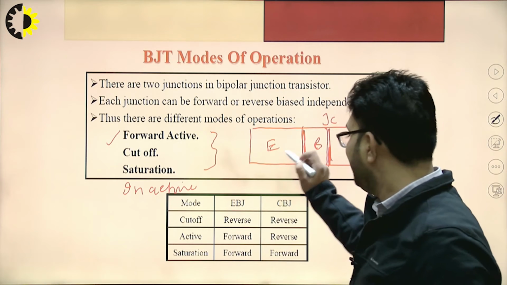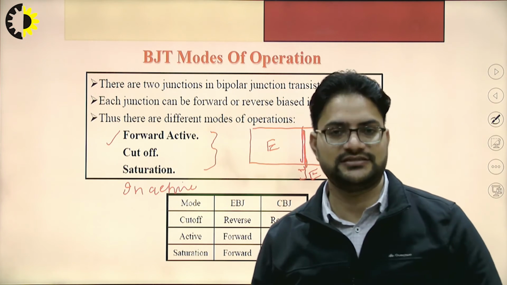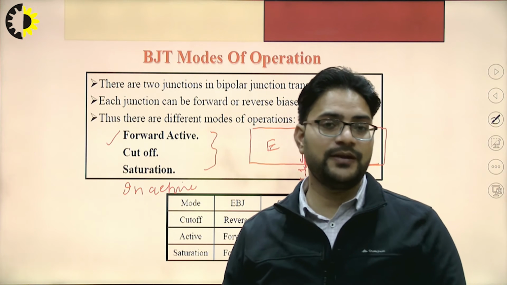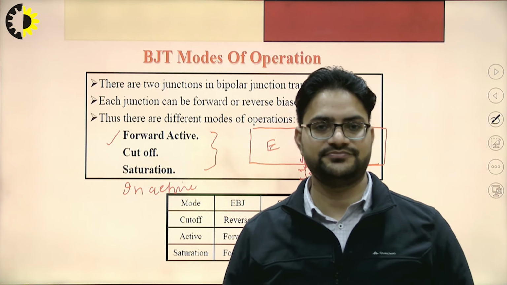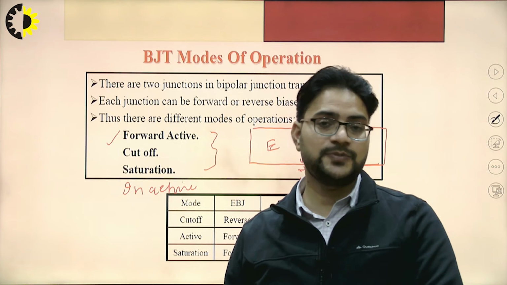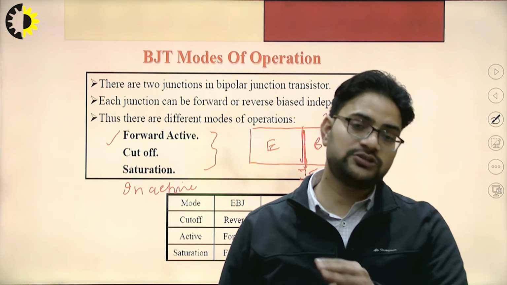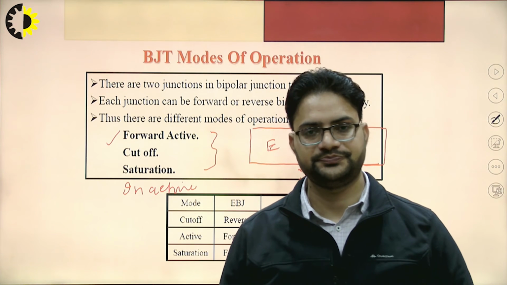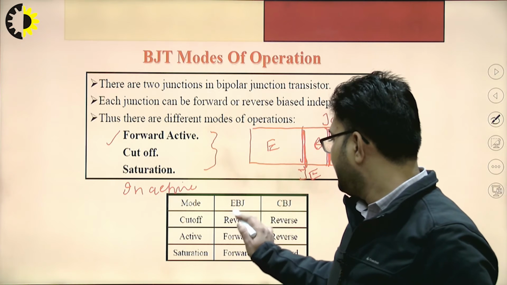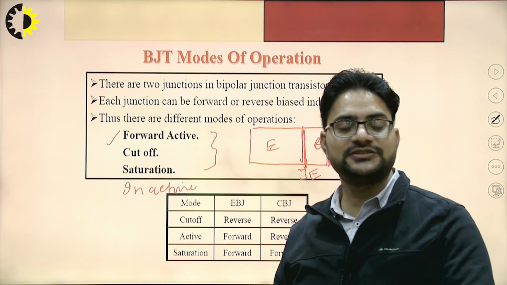That is, the emitter-base junction is forward bias and the collector-base junction is also forward bias. The second possibility is emitter-base junction forward bias, collector-base junction reverse bias. The third condition is emitter-base junction reverse bias, collector-base junction forward bias. And the fourth condition is both junctions are reverse bias. So take the first case, where the emitter-base junction is reverse bias and the collector-base junction is also reverse